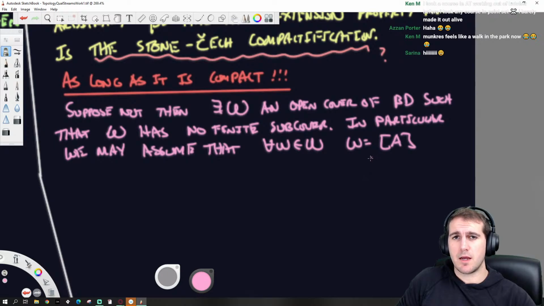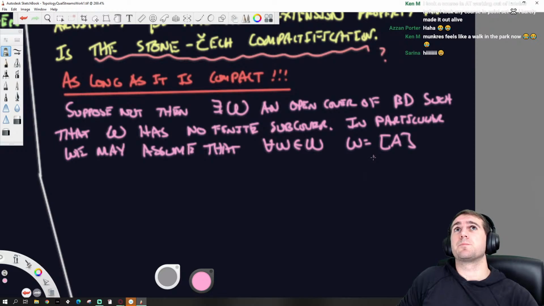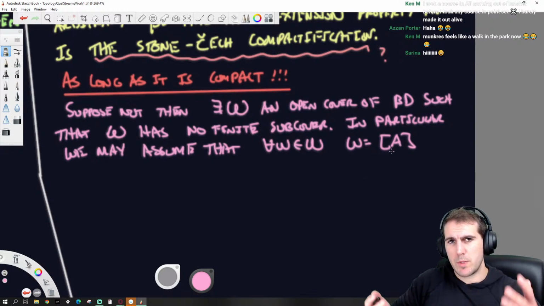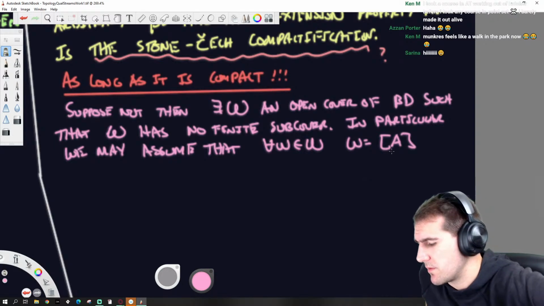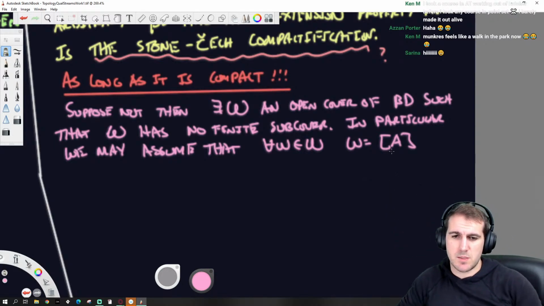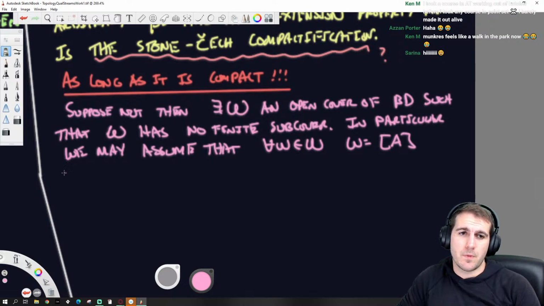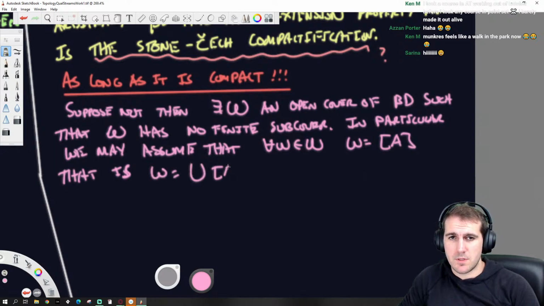Because, a union, how does this work? This is because the basis is clopen. It's just that every open set is a union of those things, but the union of those things determines a new set in the space, right? So W is equal to the union of some of these things.